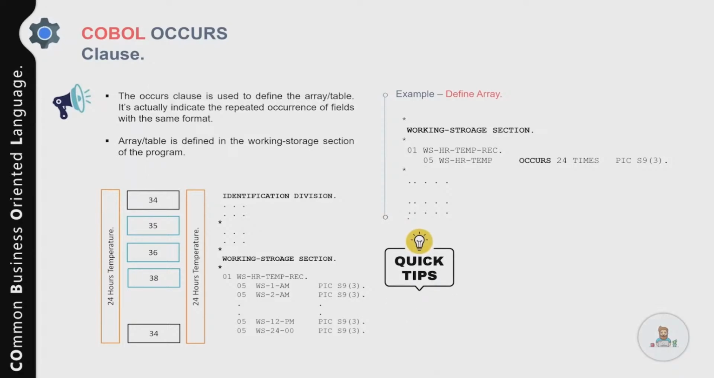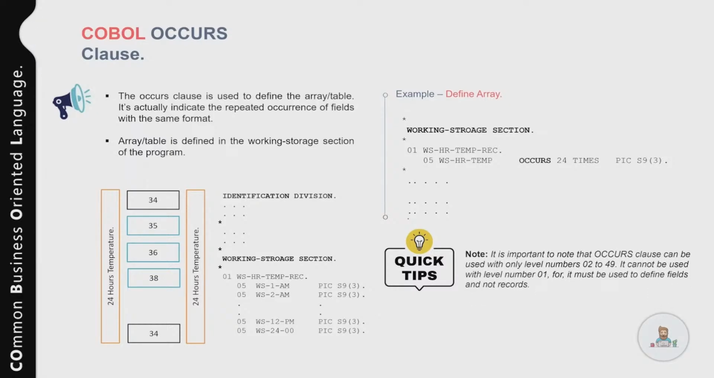because I want to store the temperature for 24 hours. After that, I've used the PICTURE clause to specify the data type, and in this case, I've used S9(3). We have used S in the picture clause for cities in which the temperature might fall below 0 degrees. So finally, we have used one OCCURS clause to define 24 individual identical fields to store the temperature for the